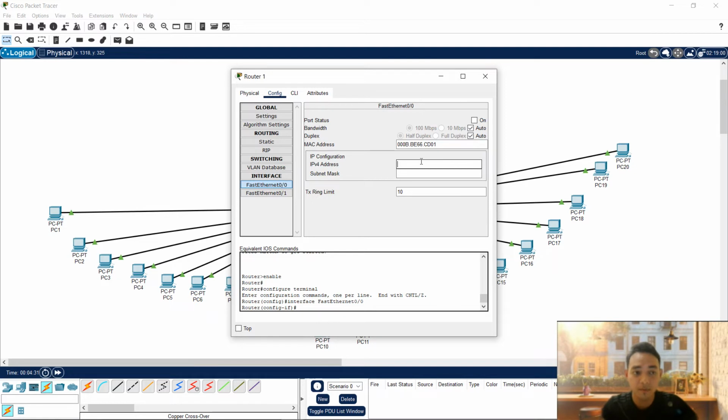Click on the IPv4 address part and assign the suitable IP address network which is based on the maximum number of hosts required by the largest subnet. In my case, I will use 192.186.2.222 and the subnet mask is 255.255.255.224. For FastEthernet 0/1, I will use